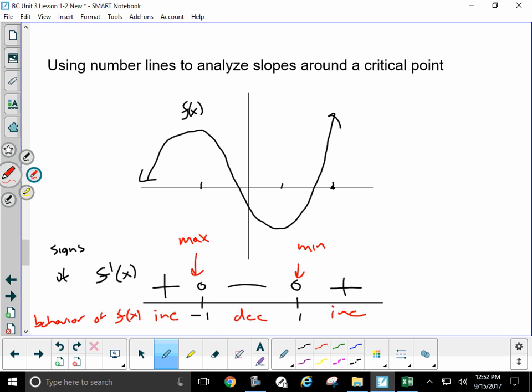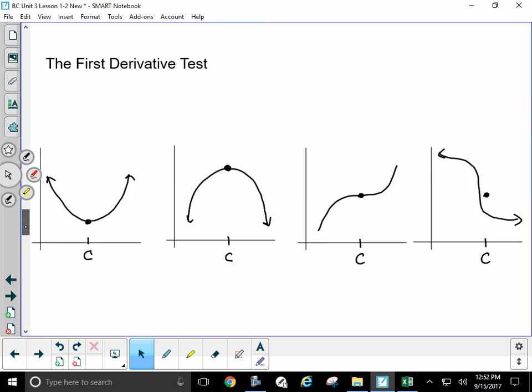Why? Because thinking about things going from left to right, if I'm going increasing to decreasing, we're going to have a max right at that point. If I go decreasing to increasing, boom, going to have a min. That's the first derivative test. If we look at a critical point C,